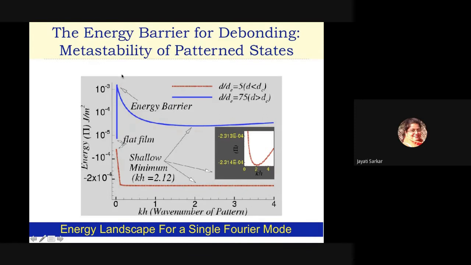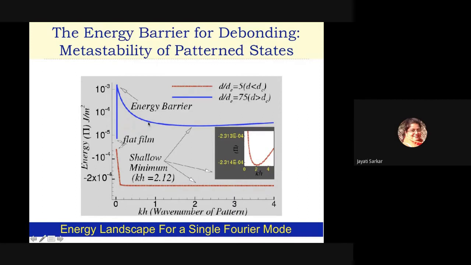barrier. So that's what we see in these experiments: when the elastic film is already in this pattern state, it cannot go back to the flat state just by bringing the contactor back from the critical distance. So you need to go a substantial distance before it goes back to the flat film configuration, and this is done by pulling the contactor and elongating these columns to a certain region, so this energy barrier can be given by that. And what is to be noticed is that this is an energy diagram for a single Fourier